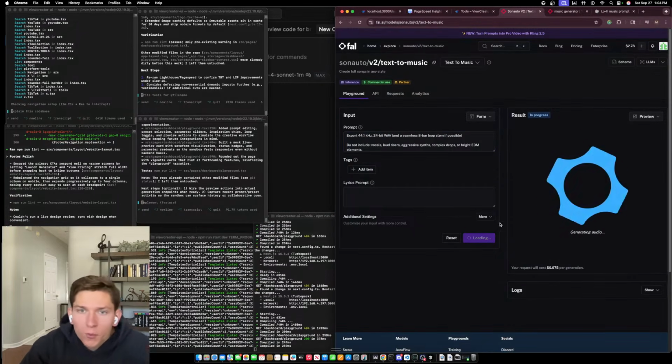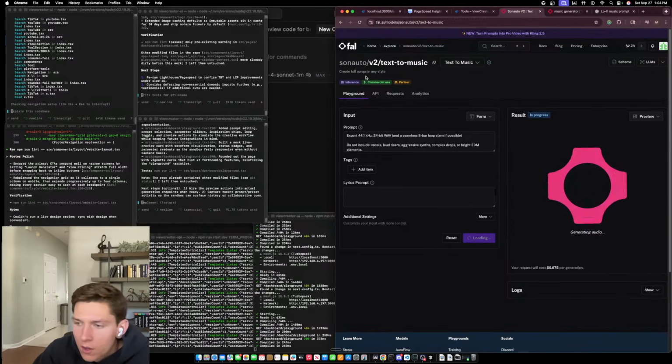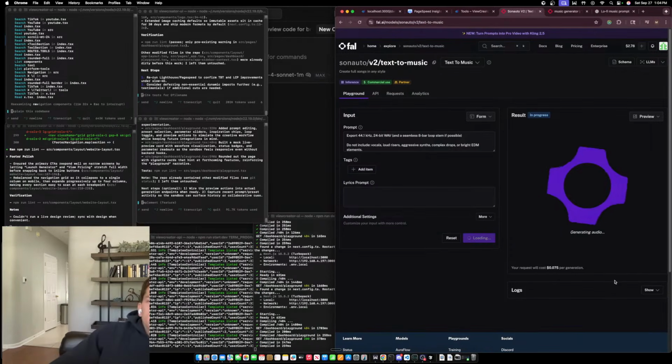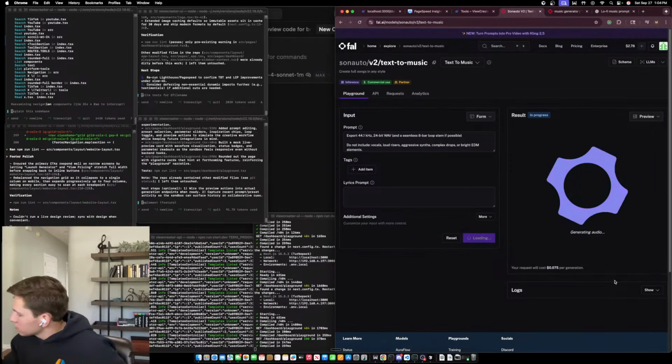Okay, so this one's a little bit more expensive. So this is the Sun Auto V2 text to music. It's 7 cents per generation. We'll see how long it is. But